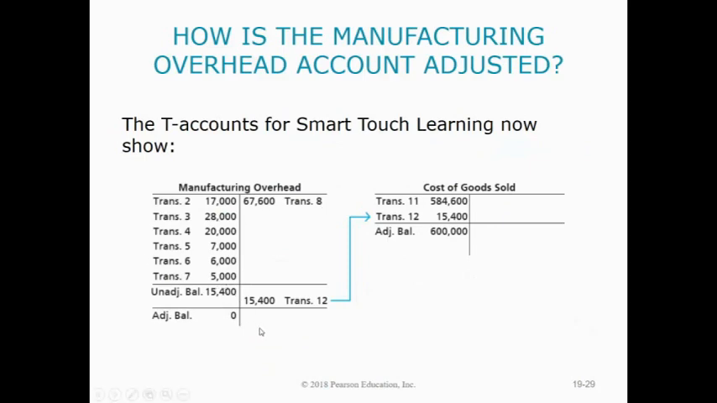And if you look at the manufacturing overhead T account over here, that's how you always know what the number is. See, manufacturing overhead is what they call a transitional account. Its whole purpose in the accounting process is to get costs